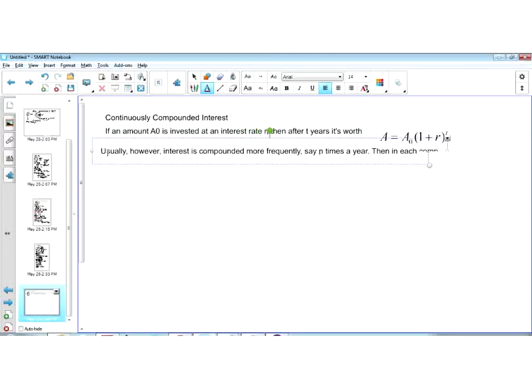Then in each compounding period, the interest rate is R divided by N, and there are NT compounding periods over T years. So the value of the investment is